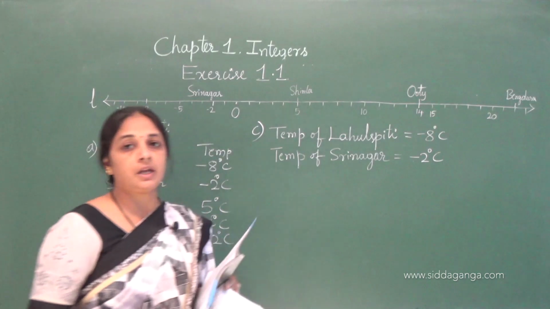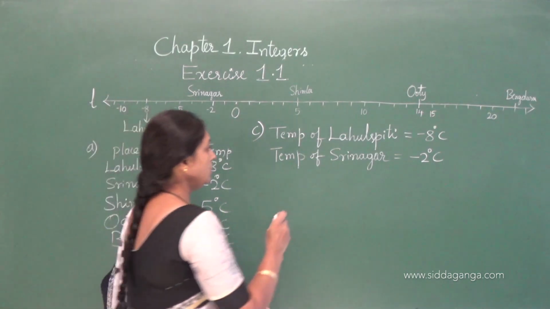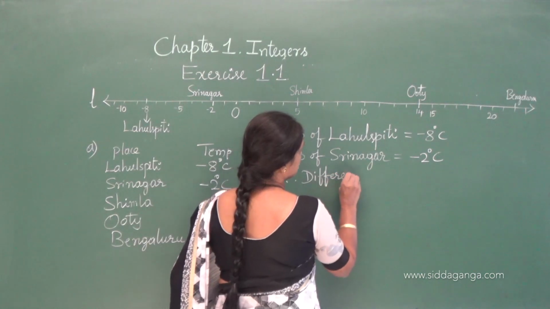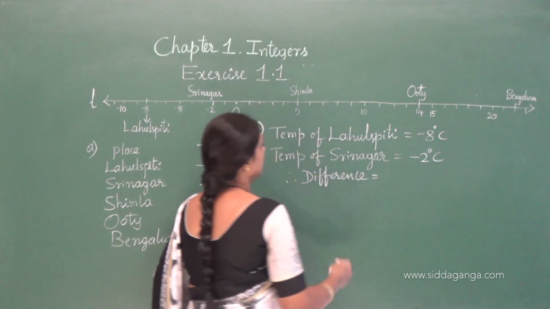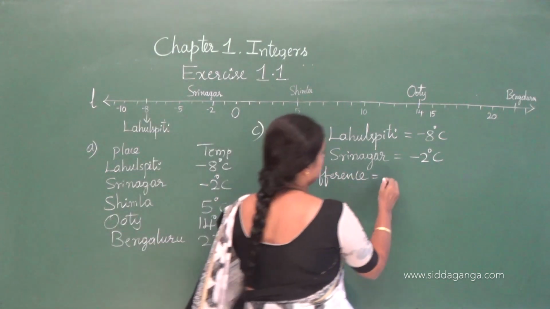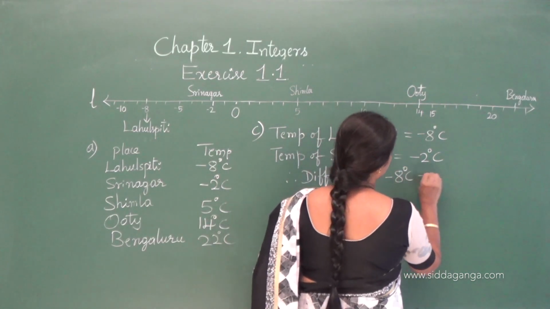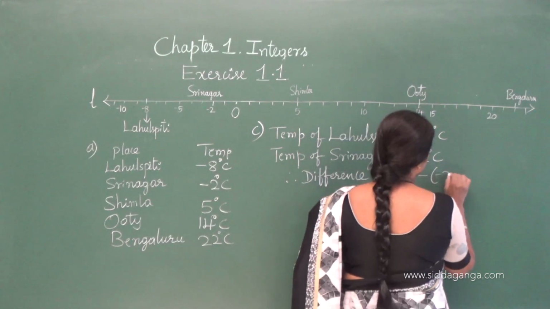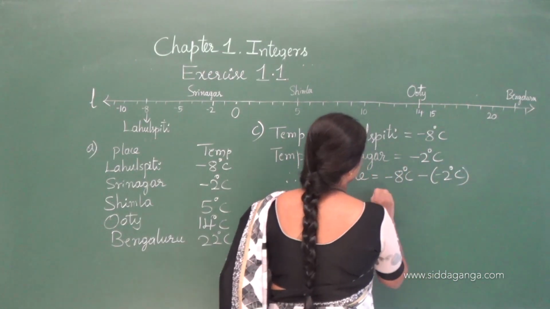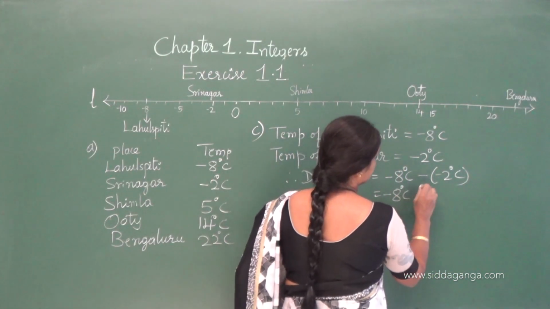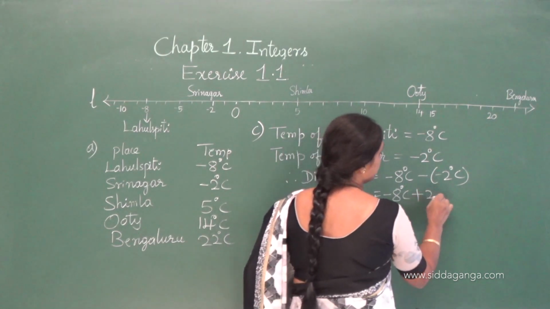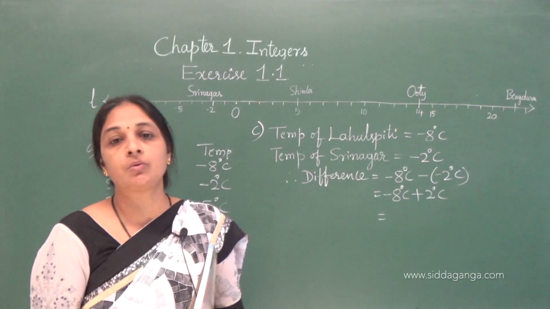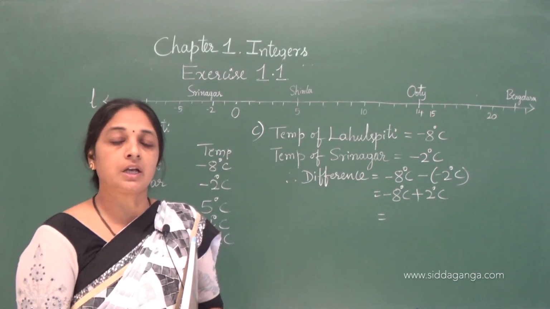We have to take the difference between these two, and therefore difference is equal to, first they have given Lahul Spiti, take -8 degree Celsius first. Difference means we have to subtract minus of -2 degree Celsius, that is equal to -8 degree Celsius, minus into minus is +2 degree Celsius, that is equal to, here we consider the number only, we neglect the negative sign